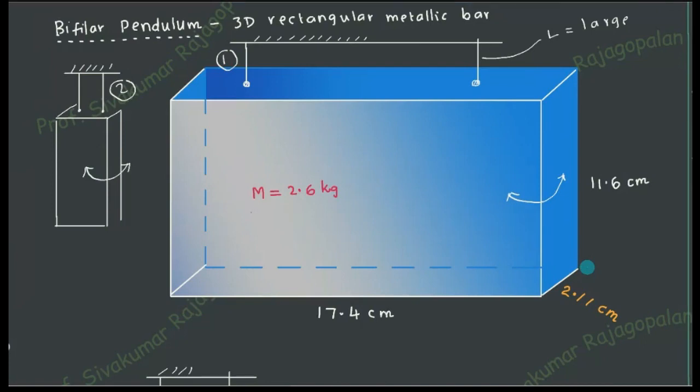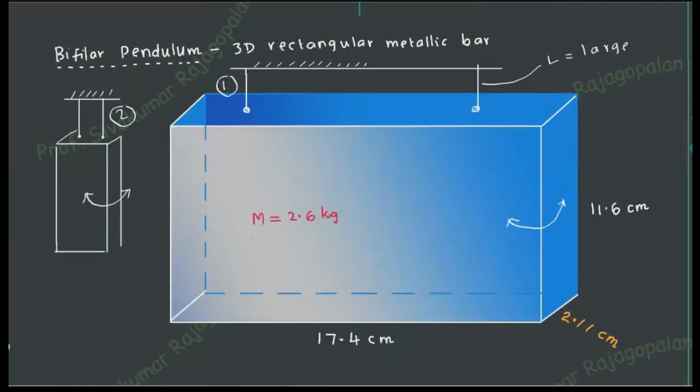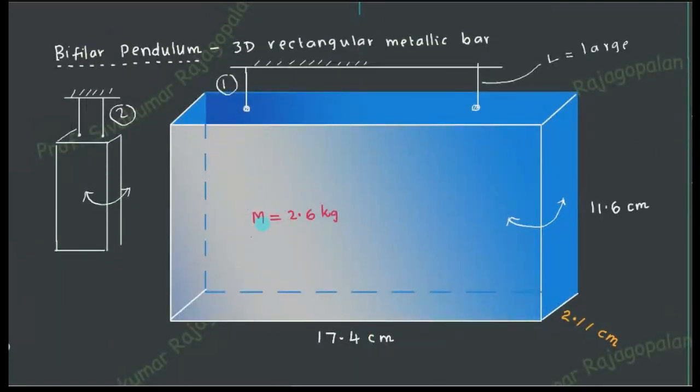So coming to the experimental side, this is quite a simple experiment. The only thing is you have to make sure that the oscillation is a small oscillation and a planar oscillation. Planar oscillation should be restricted to a plane. It should not go above and come down. That kind of thing should not happen. Then a lot of error will come, and ultimately you'll have more error when compared to the correct answer. So that's all. That is the overall idea about the bifilar pendulum.